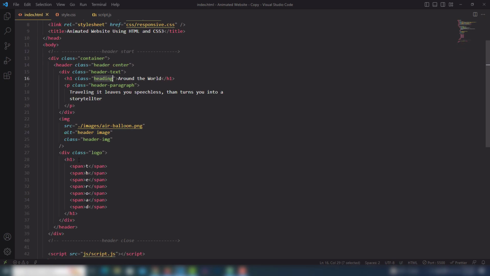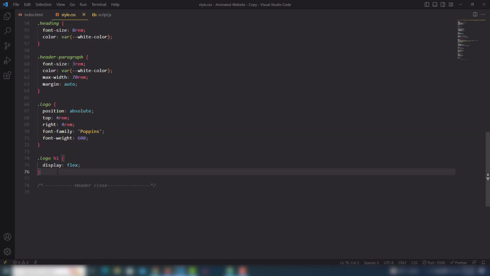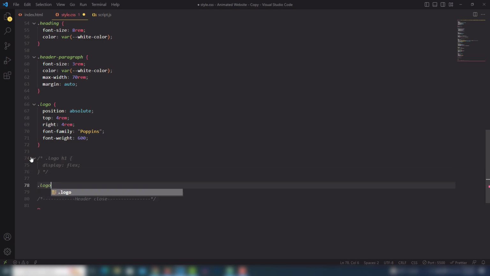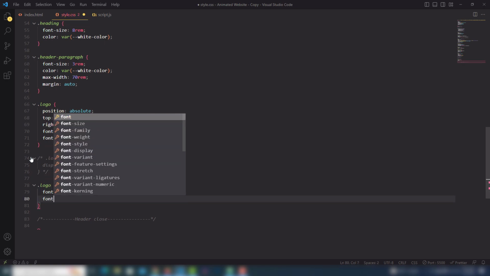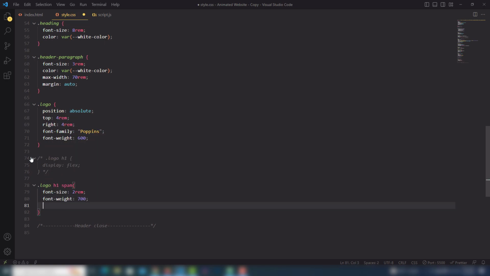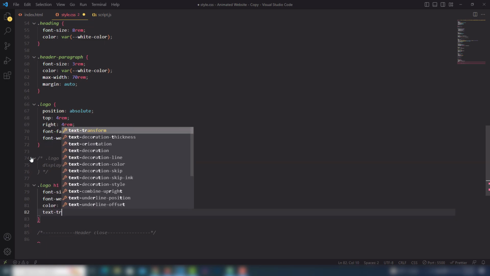Just a minute, I'm gonna check where the logo is. We will work on that. Before using this one, I'm gonna comment it out because I'm gonna show you every step. I'm gonna use our logo h1 span tag. In the span tag, I'm gonna use font size 200, font weight 700, color white, the primary color I'm gonna add, text transform